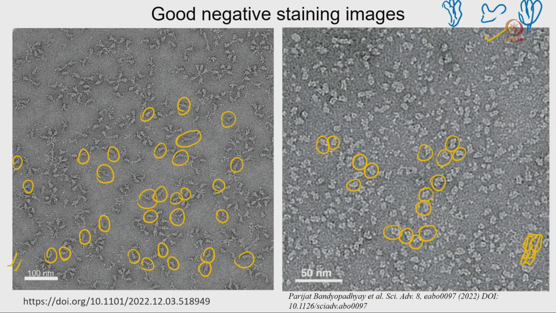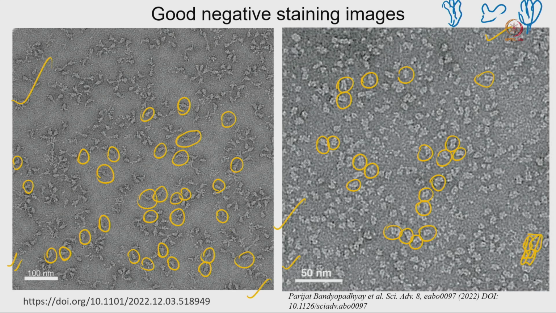a very homogeneous sample, and also the staining is so nice that you can see individual proteins and the details of this individual protein, and the entire morphology or architecture is very much clear from this negative staining. So, this is basically one of the good images we have, and we can consider it for further study. And this kind of sample, if we have a proper concentration, we can take it for cryo-EM study for structure determination.